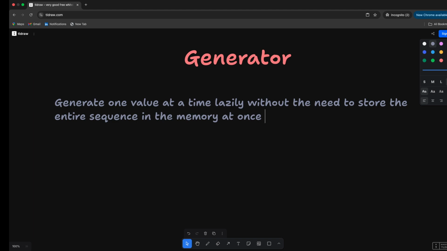Now this is useful when we have an infinite sequence,